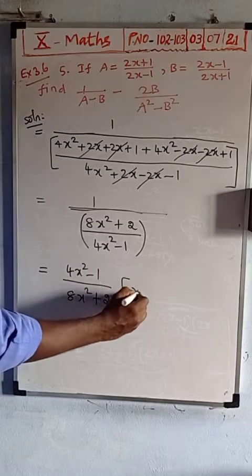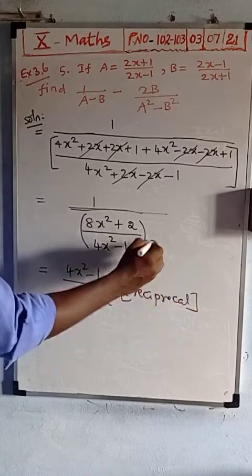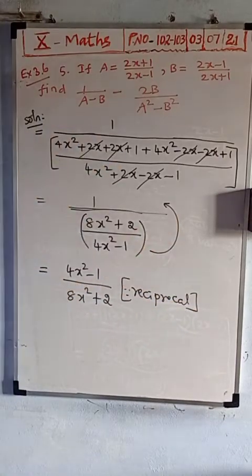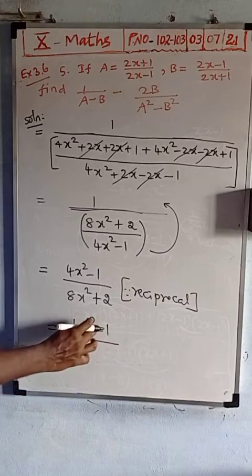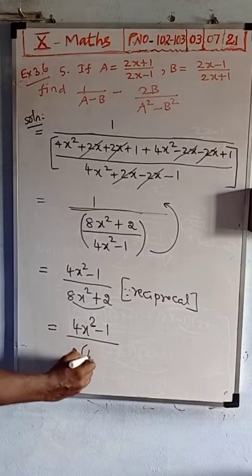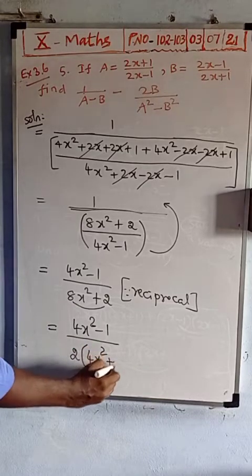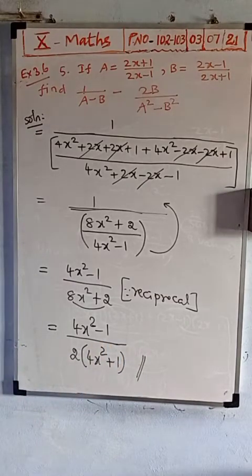Here since reciprocal, taking the reciprocal means the denominator goes to the numerator, then the remaining you should write. Now here 4x squared minus 1 divided by, okay, then you see in the denominator 2 is common. Taking 2 outside, 2 4s are 8x squared, so 4x squared plus 1, 2 went outside, remaining 1 is there. This is the final answer. So the given expression you should simplify, then substitute the a b values, we receive the answer 4x squared minus 1 divided by 2 times 4x squared plus 1.